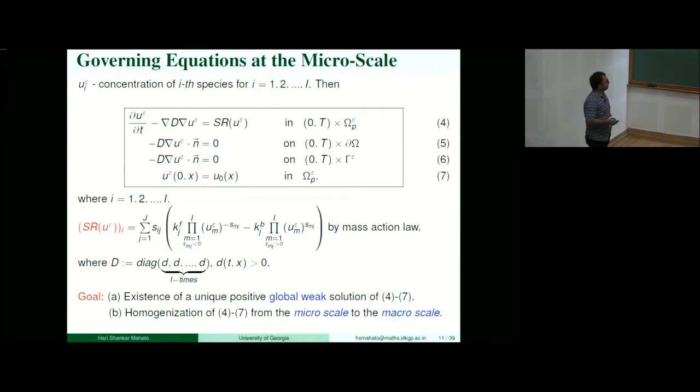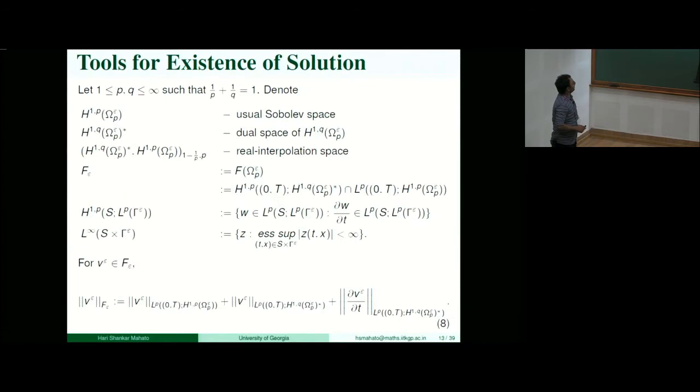So this is a very important result. In this case, we assume that all the chemical species have the same diffusion coefficients. That was a major assumption, or a major compromise, when we wanted to show the global solution. So we started with all the diffusion coefficients being the same. And if we do that, then these are our usual Sobolev spaces and dual space setting.